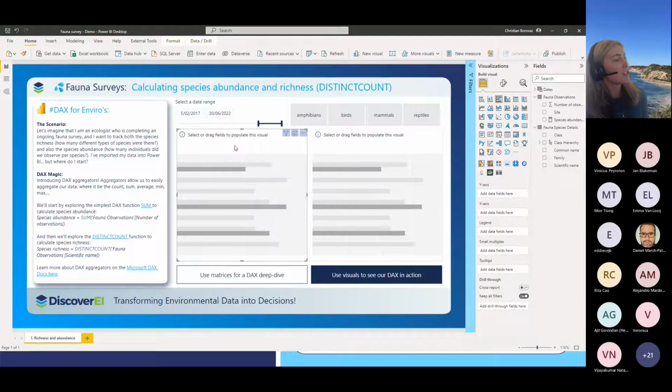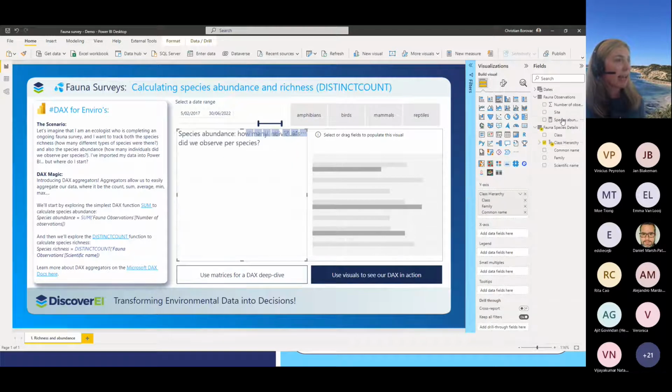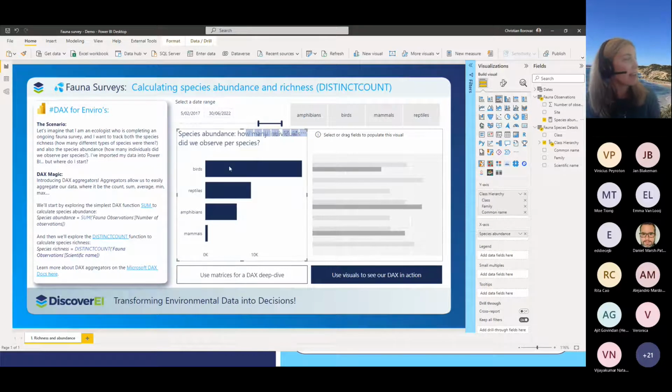But if we want to see our DAX in action, usually we wouldn't want to present our results in a table or matrix, because it is hard to visualize and compare trends or how much is being recorded. So here we've got a clustered bar chart. If I drag my hierarchy in again and bring in my species abundance, now it's really obvious that we have the most sightings of birds.